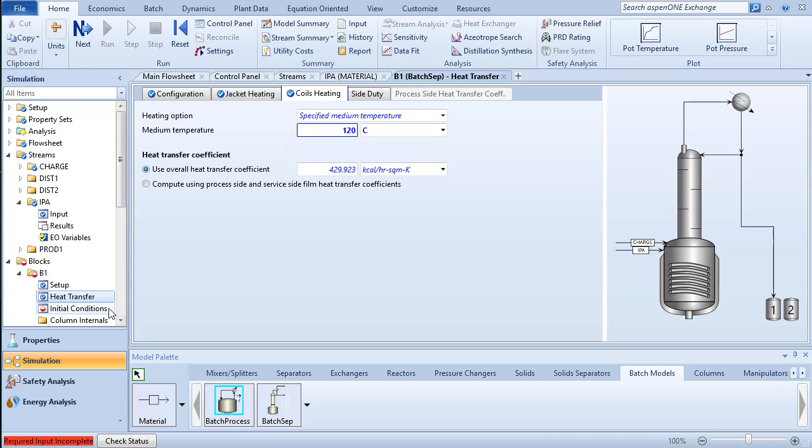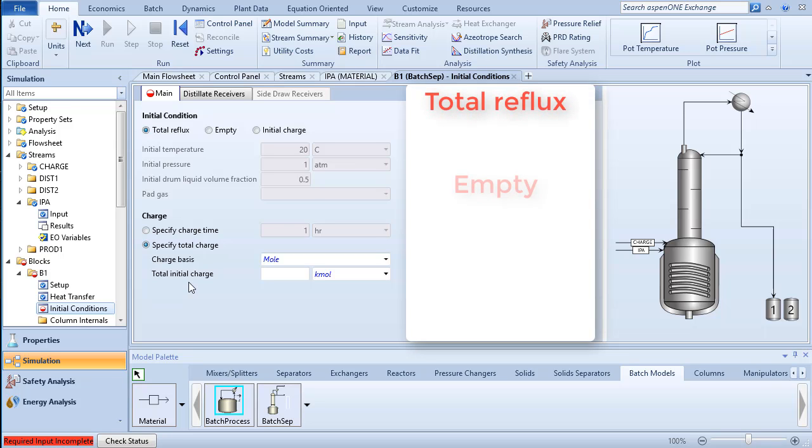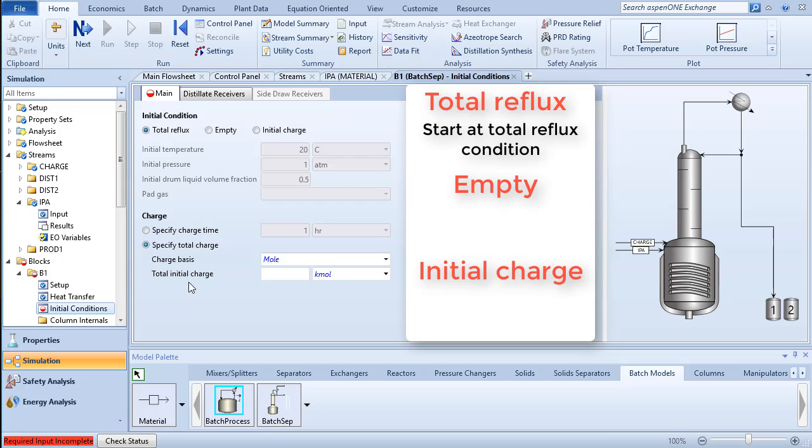Click on the Initial Conditions folder in the navigation panel. Here, we will need to choose how the column is set up at the beginning of the process that we are trying to model. There are 3 different types of initial conditions: total reflux, empty, and initial charge. Total reflux will start the simulation at the column's total reflux condition, based on the specified charge characteristics, while the empty